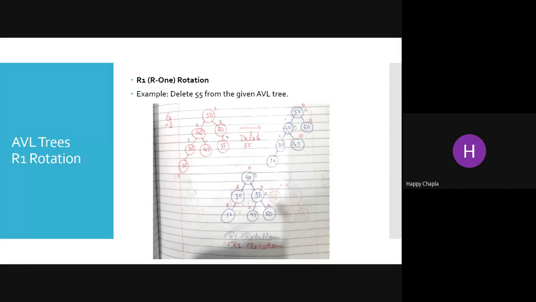Yes. Any doubt till now? What I'm trying to do is we are trying to delete something. And if you want to delete something from the AVL tree, there is some rule related with this AVL tree, like you cannot directly remove the elements. And if you are trying to remove that element, you need to identify the balance factor of each node. I'm asking something. Am I audible to you? R0 and R1 clear?